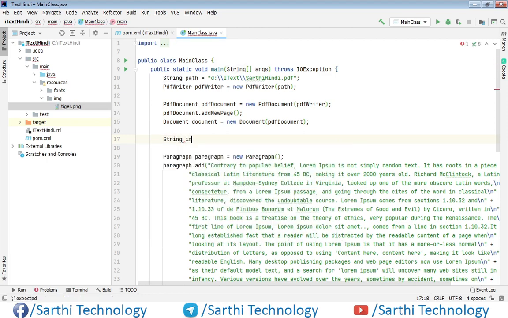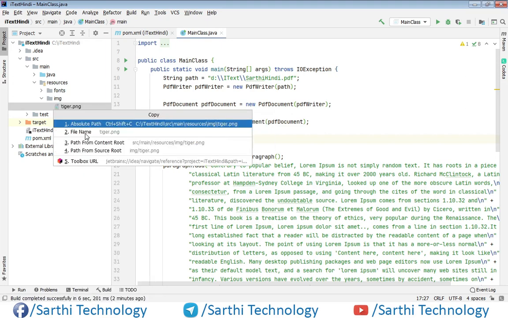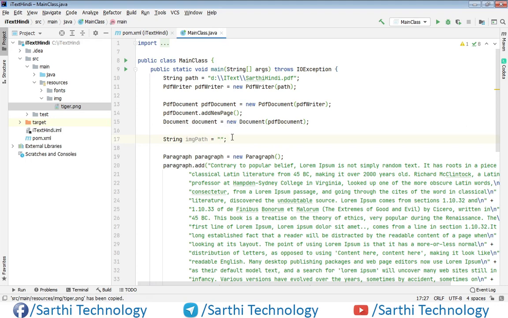String img path. So we need to put the path here, so just right click, copy path, select the third one and paste. Okay, so the path is ready.